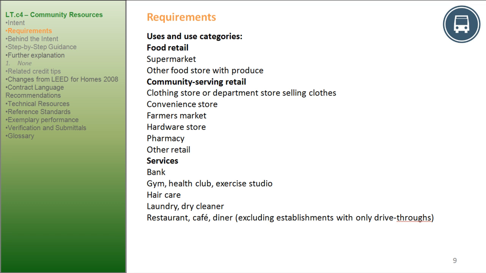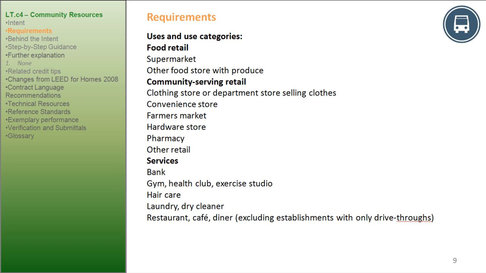Uses and use categories. Food retail. Examples are supermarket and other food store with produce. Community-serving retail. Examples are clothing store or department store selling clothes, convenience store, farmers market, hardware store, pharmacy, and other retail. Services. Examples are bank, gym, health club, exercise studio, hair care, laundry, dry cleaner, restaurant, cafe, diner, excluding establishments with